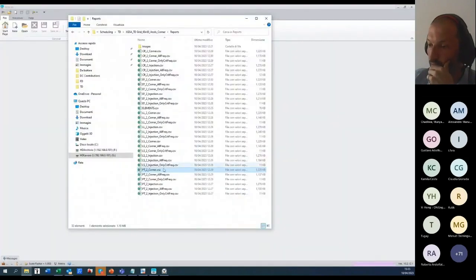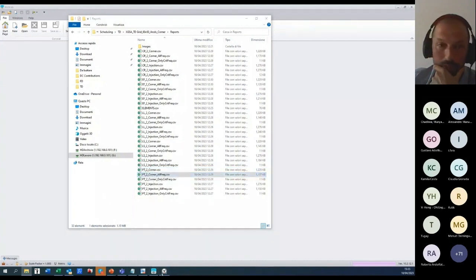So you find all the different curves, this is the one in the time domain, this is in the frequency domain. I am aware it is a very quick overview about scheduling, but